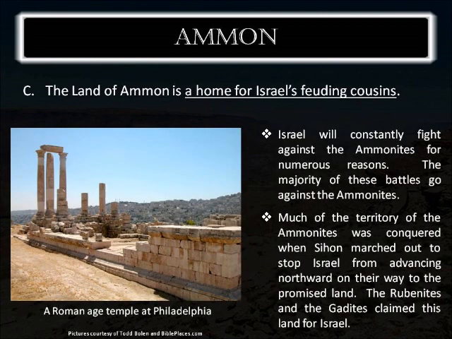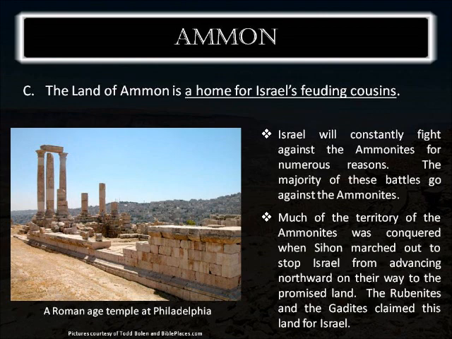And so our third take-home point for the land of Ammon is that it is a home for Israel's feuding cousins. What I mean by this is that unlike those places to the west of Israel, the Philistines, the Phoenicians, the Canaanites, the Ammonites actually have a blood relationship to Israel. That's because, as we saw in the previous lecture, they are descendants of Lot.